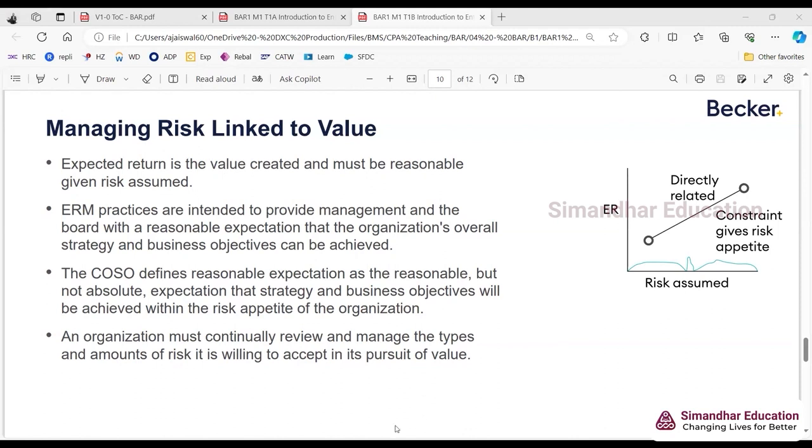Not higher the risk, higher the return. And higher return, higher risk is also wrong. Higher risk equals higher probability of return is incorrect. If the probability had been higher, there would have been lower risk. Think about it from a logical perspective. If there is a high probability of return, then the risk would have been lower, right?